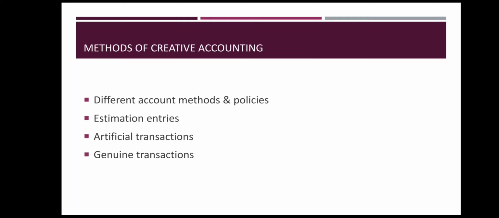Now apart from that, we are going to learn the methods of creative accounting. These were the types. Now we are going to study different methods of creative accounting. So let us see what these different methods are. First one is different accounting methods and policies. Now see, in accounting there are a lot of laws which are applicable to all companies. There is no hard and fast rule that you have to maintain accounts in this manner only. Somewhere there is compulsion, but otherwise the company has a choice. Out of these 2 or 3 principles, you apply any one or any 2.